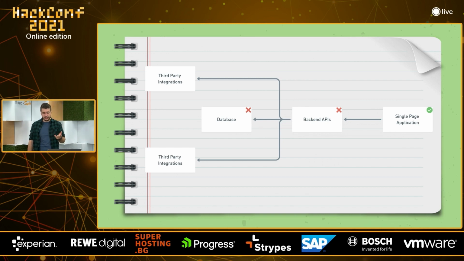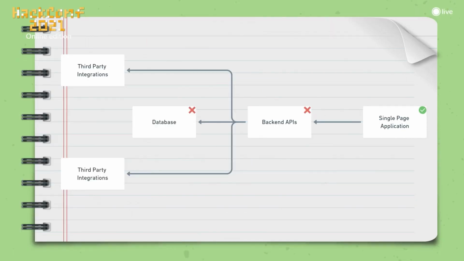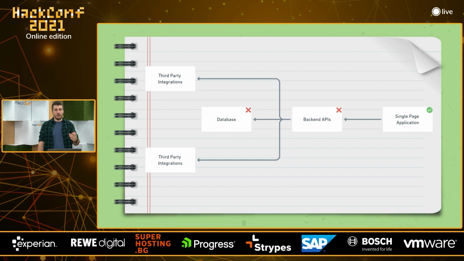And where we actually have performance issues normally is not on the front end. It's a single page application. We are using cloud storage to store the CSS and the JavaScript, and a CDN to distribute it all over the world. So chances of failing there are really low. Where we actually fail in terms of performance is the backend and, of course, the database. It's really easy, especially with Django and Python, to create an API that makes more queries to the database than you expected, and it is slow. If you deploy this and a lot of people are hitting it, it has the potential to slow down the entire system, even take it down.